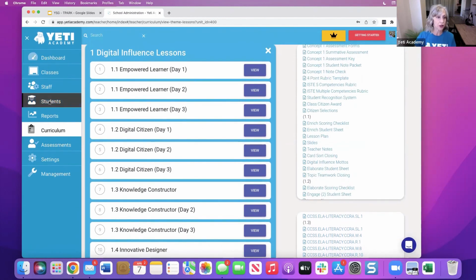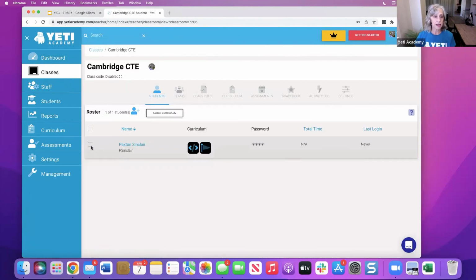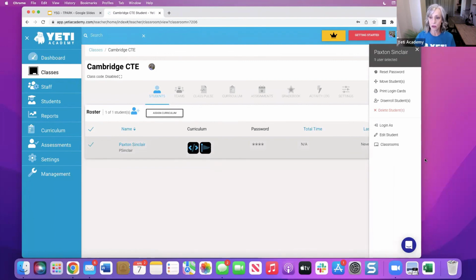I mentioned that earlier. So we're going to go back to our classes tab, and we're going to select our class, and we're going to log in as this student. So here again, you see the flyout menu that shows some of the options that you have as a teacher, doing things like resetting a student password. But what I want to show you here is the log in as button. This is great if students are running into problems and you want to look at exactly what they're seeing on their screen. You can select log in as,